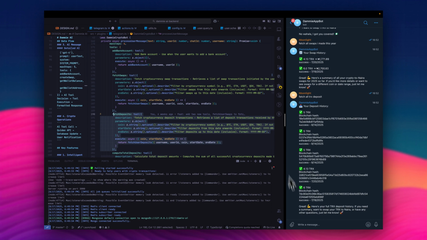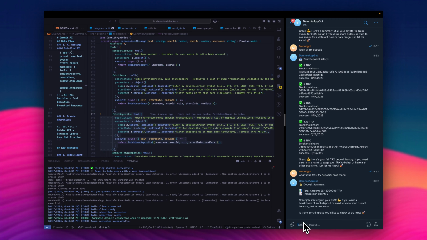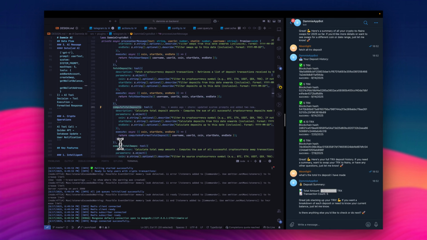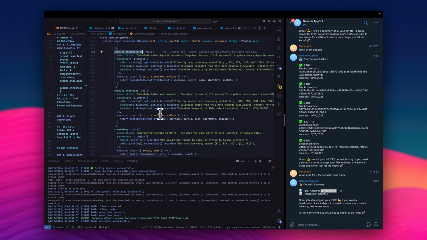Then I can also ask it to compute what's the total TRX deposit I have made, and it should give me an answer. So yeah, it gave me the total summary of all the deposits. It's calling this tool, and I can also ask it